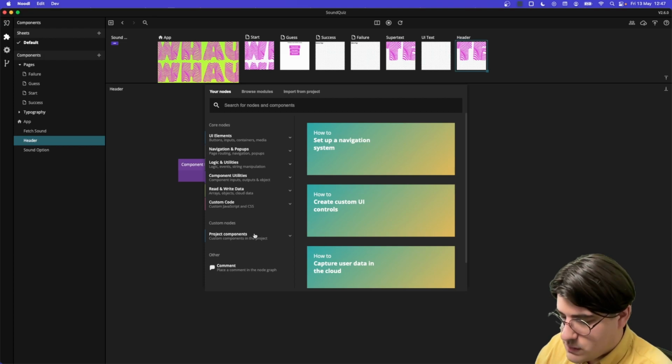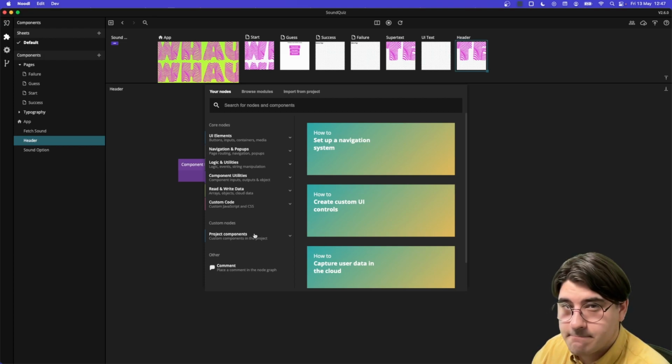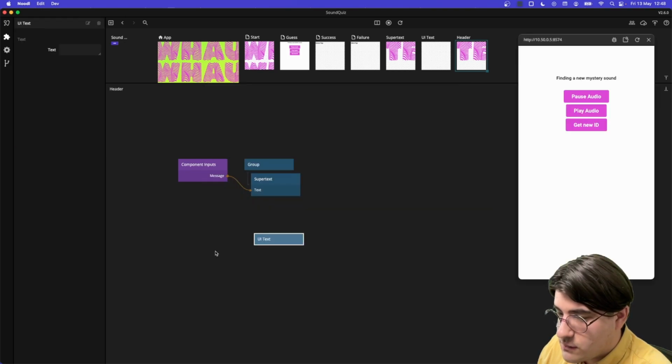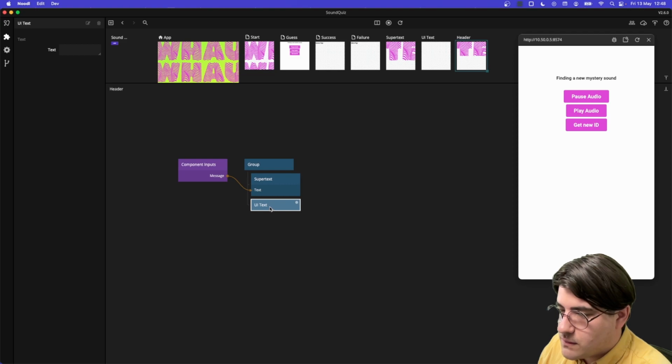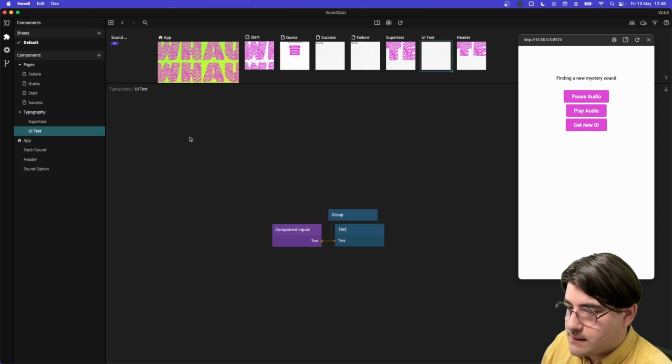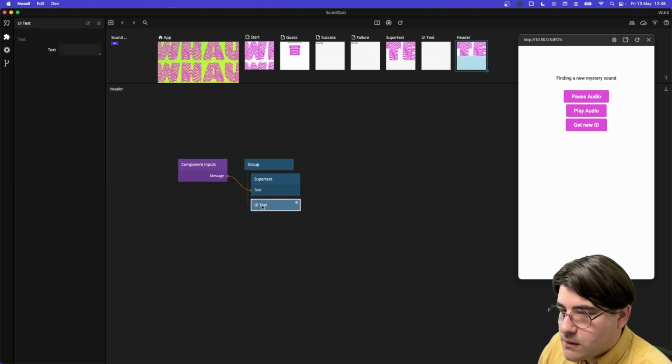So we should do, what did I call it? Let's see, what did I call it? I called it UI text. That's right. So UI text, and that should be, oops, let's go back. UI text,